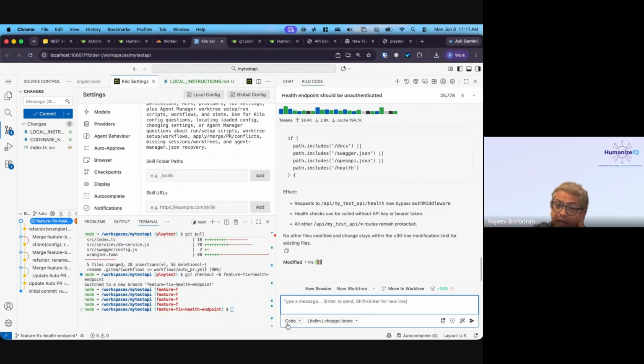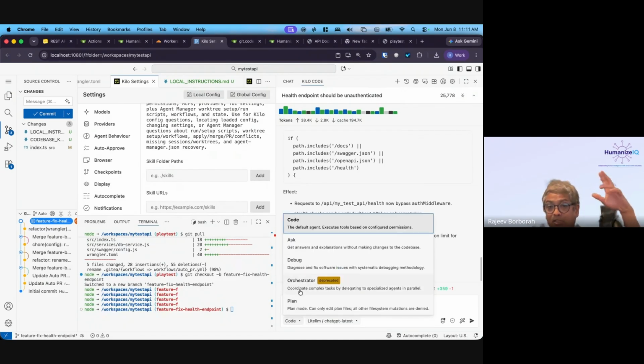Again, I did it directly in the code mode. I'm comfortable. I would not suggest you start with the code mode. Start with the plan mode, review the code, understand it, and then shift to the code mode. It will ask you to shift basically. The advantage of plan mode is that it can document, but it cannot change code. So Kilo Code provides these modes. These are definitely very useful. Debug mode is there, plan mode is there, ask mode is there.